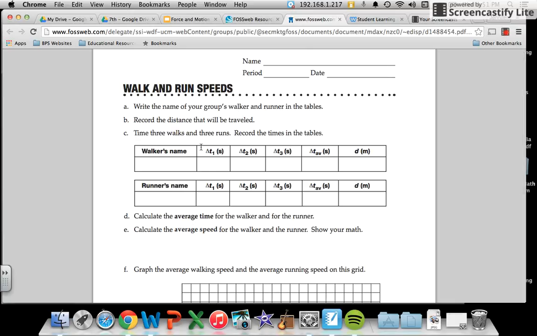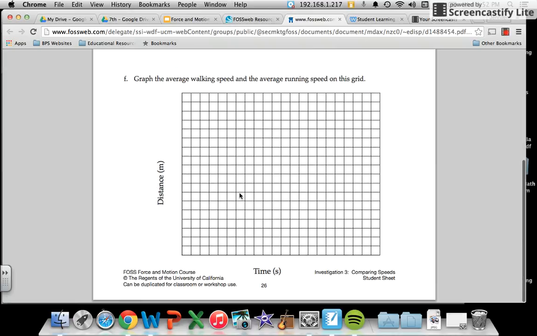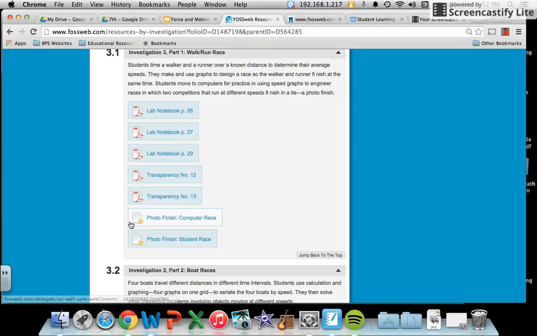So you can see that you're focusing on multiple trials. They're doing an average, and they're going to actually have to graph it. And again, they'll see the steeper the slope, the faster the speed. But they also have these things. If it has a little star, this is your photo finish,